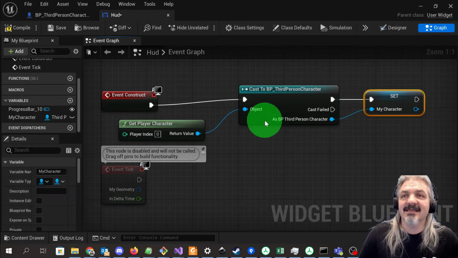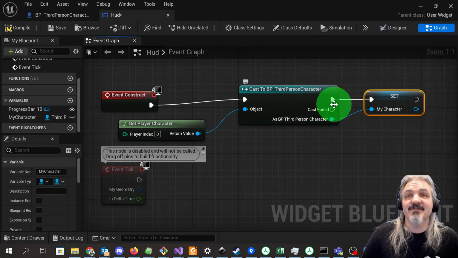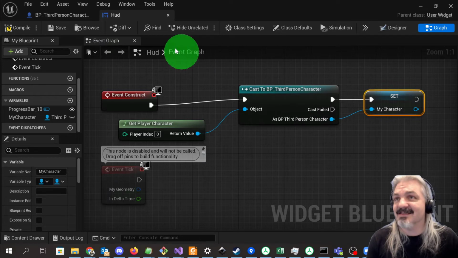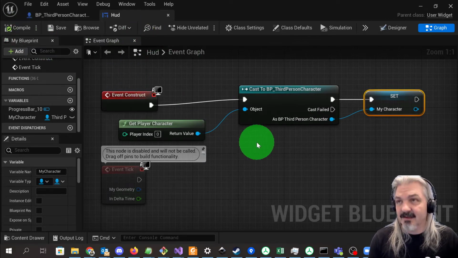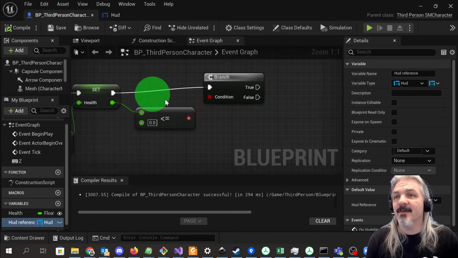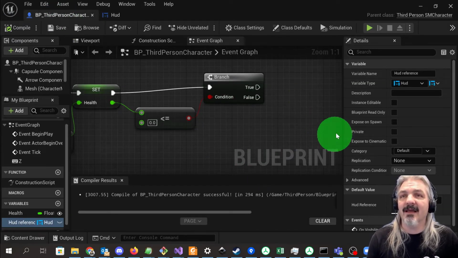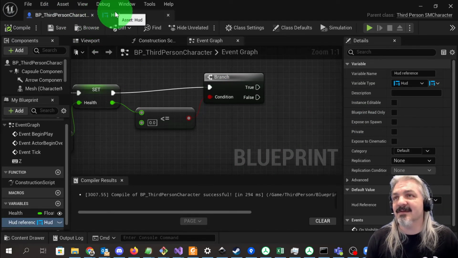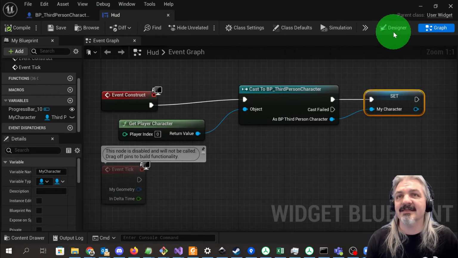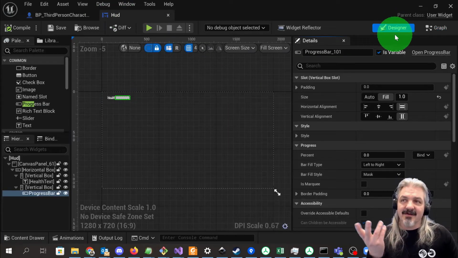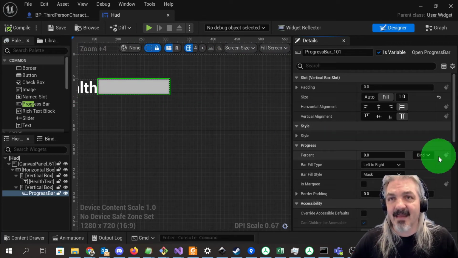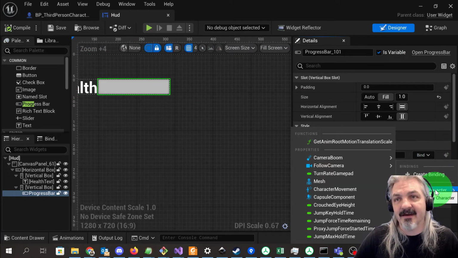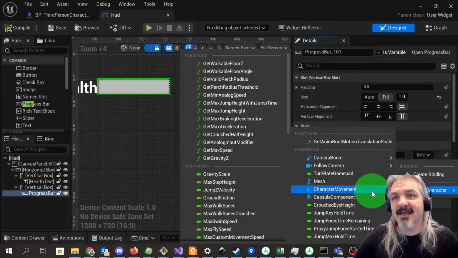So now actually, I'm casting it to the right thing. Thank you to the Discord for waking me up, and then I have to compile, because that way the third person character will have actually been found, so the HUD will now have the right thing. So now if I go back to the designer, sorry, I made a mistake. Now if I go back here, I can go to bind. My character will magically have,